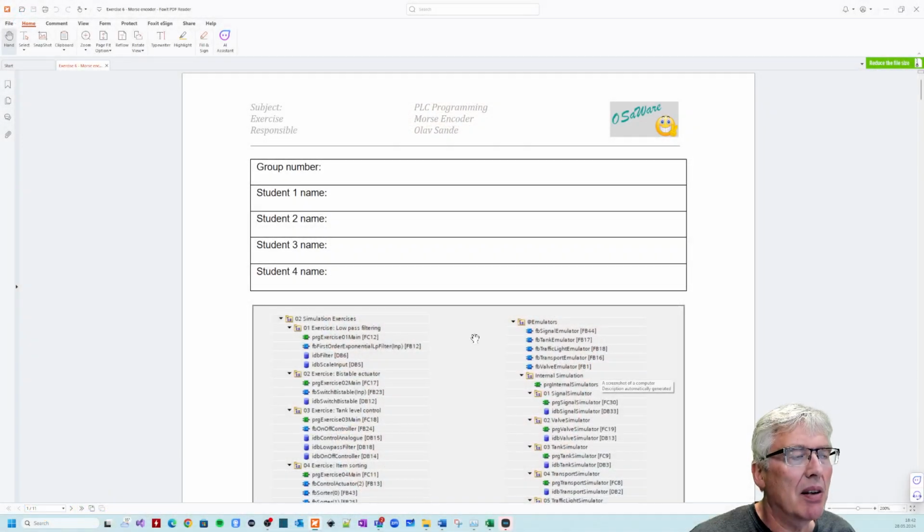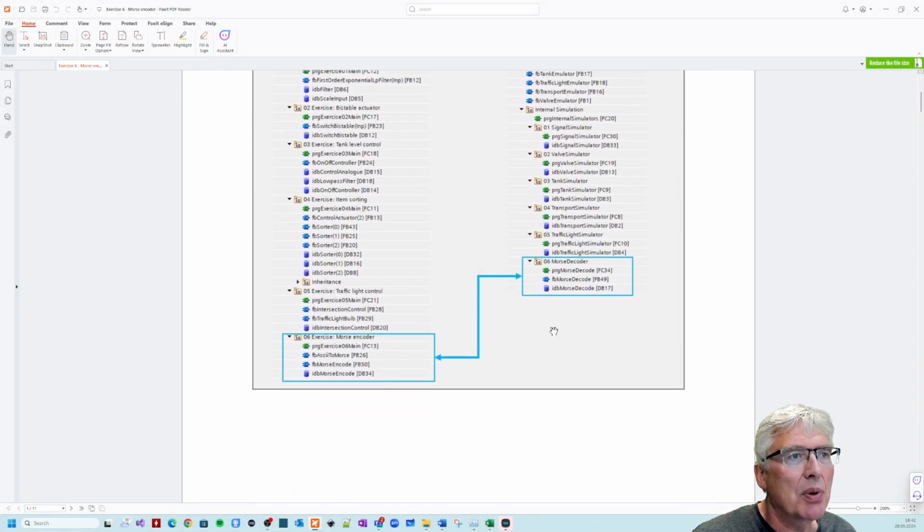And you also get some programs that you can use. Let's see if we have a little look here. Here's the exercise, and we're down here. The Morse decoder and so on is in the system here. And in the exercise, you should program this encoder, and this ASCII character string to Morse is a function block in here that you can use, that you can inherit,